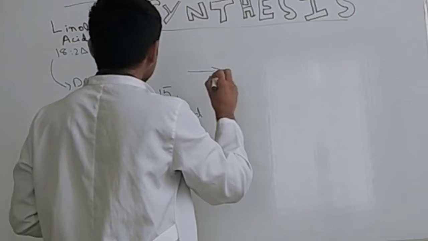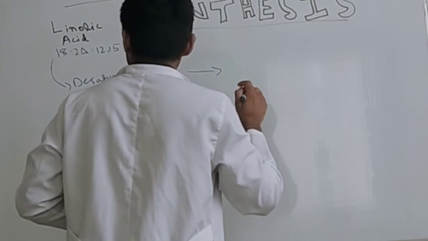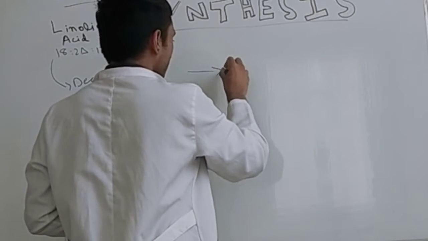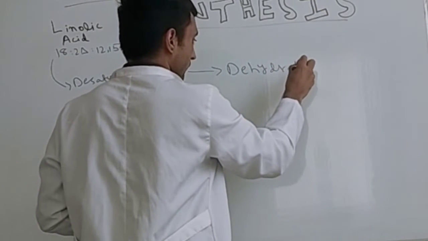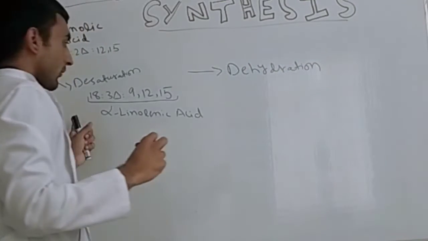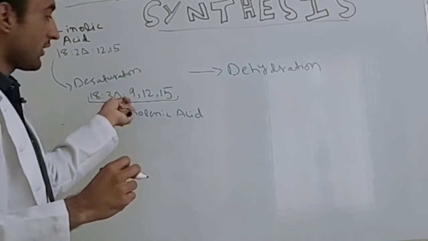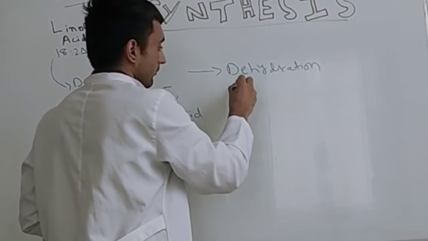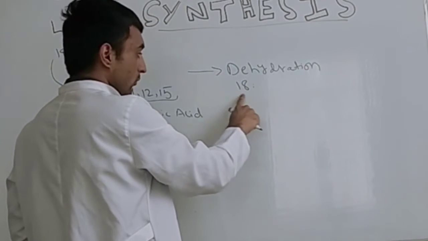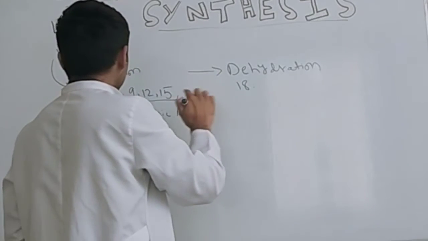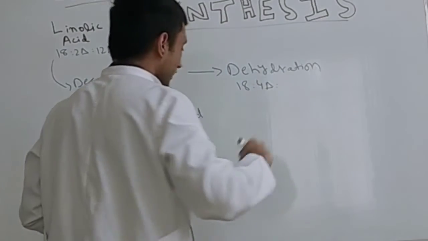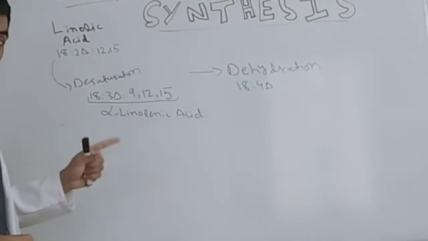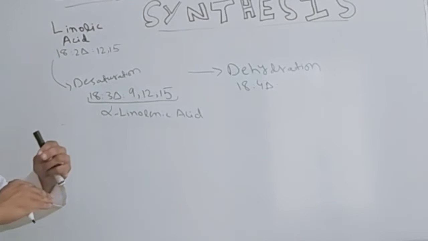After the desaturation phase, another phase is the dehydration. So what happens in the dehydration phase? Again, the addition of another double bond. The number of carbon atoms, 18, would remain the same. Addition of one double bond again, and again we will proceed 2 digits backward,